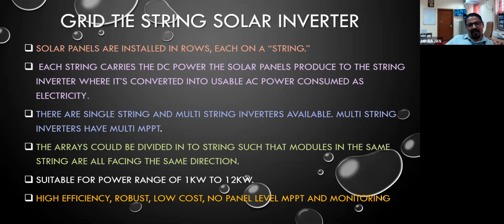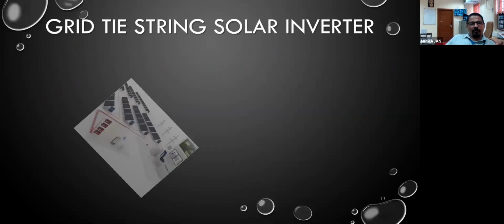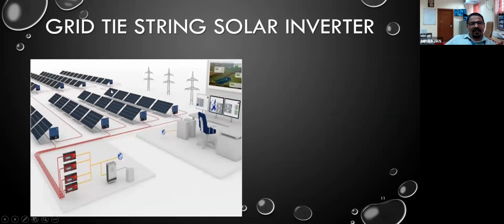The inverters are installed near the panel. You can see the picture. आप picture देख सकते हैं. So ये है string. Each string is having one string inverter. So as you know, DC output है. The DC is connected to the inverter which is installed near the string. That is why we can say the DC power line is very short. Inverter के बाद जो है, these are the AC power lines.